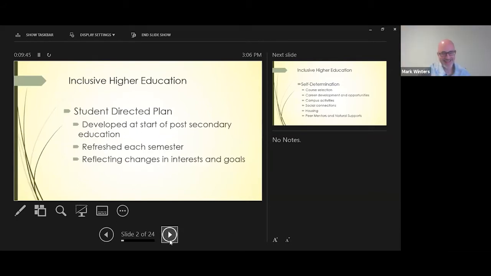For inclusive higher education, a student-directed or person-centered plan is considered best practice. The planning process is unique to the university or college, but at its core are opportunities for self-determination. And the examples that are here, a student-directed plan, are an example of how a university might start and touch base with the goals of the plan. And then next slide